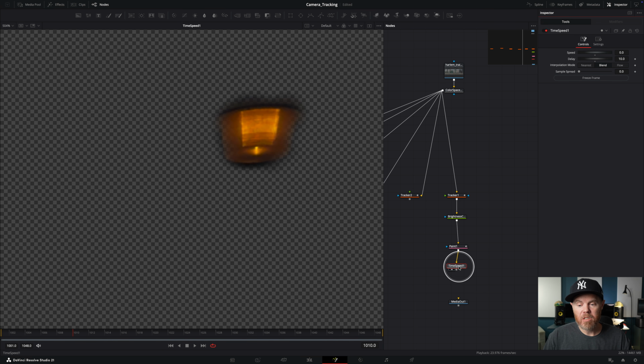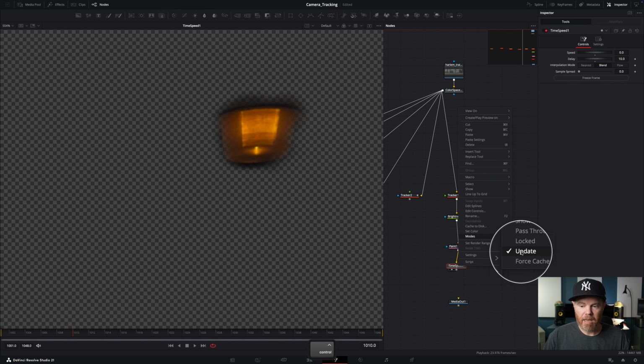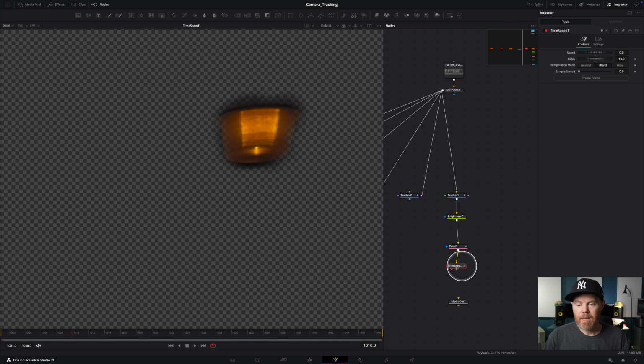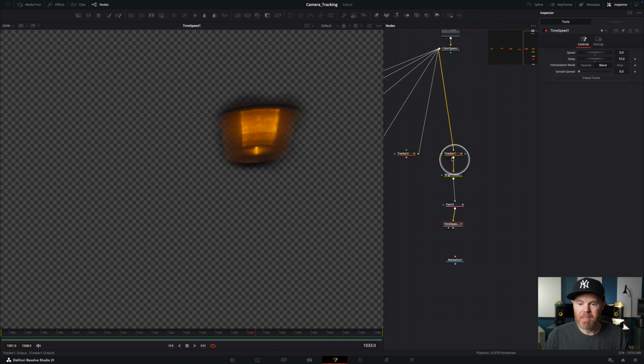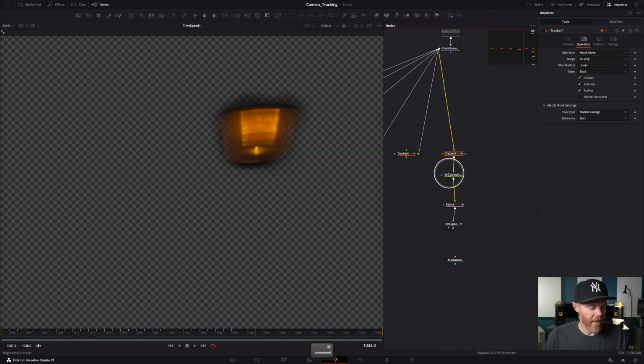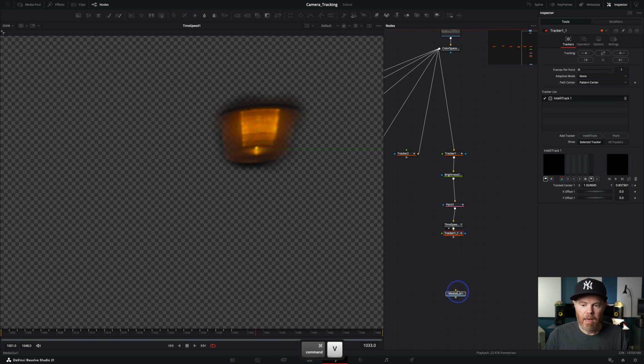So one thing you can do is right click on a node and go to modes and just say update and disable update. It's just going to make everything run a little bit faster. So here is our painted still that we just need to reintroduce the movement again with a match move. So how does that work? We just take the original tracker, Command C, right after the time speed, Command V, and what we need to do